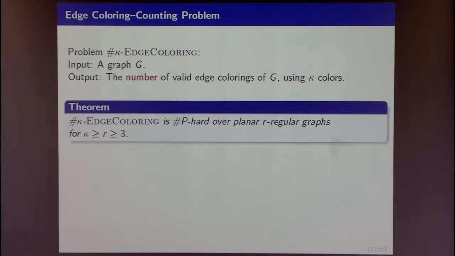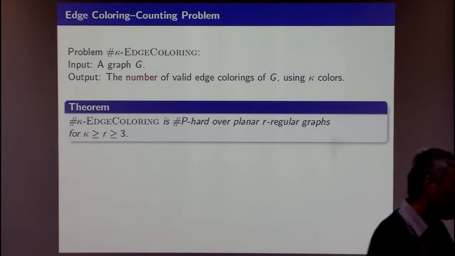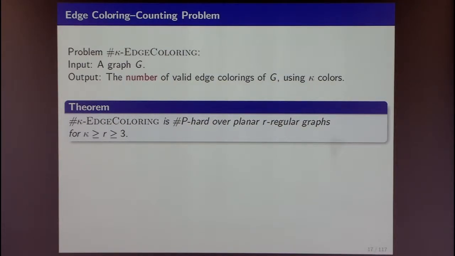Sorry, so is it known to be in Sharpie? Yeah, because you know, an NP type Turing machine can just guess a particular assignment of the edge colors among one of the k colors on every edge and verify at every vertex it is valid, and the number of accepting paths is exactly the number of valid edge colorings. So these are obviously Sharpie problems. Just because of the way you phrased the theorem, that's the only reason I asked. Yeah, it is. It is. Yeah, okay.